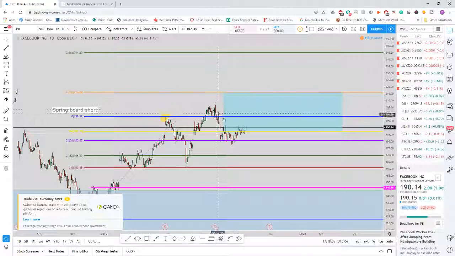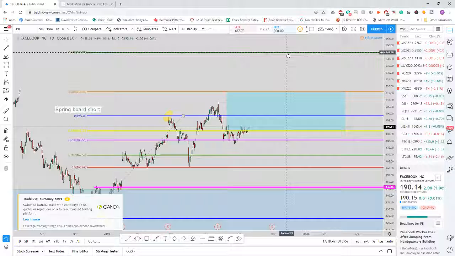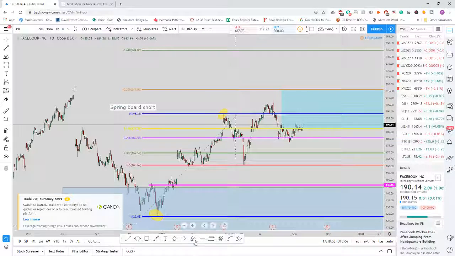And then basically anytime it gets down close to the 0% line over here, the blue line, you can get out if you want to, but you don't have to do that. But that is an option to consider if price really takes off the other way, which I have seen it do in the past. But for the most part, if you wait for the 23.6 extension level to happen and